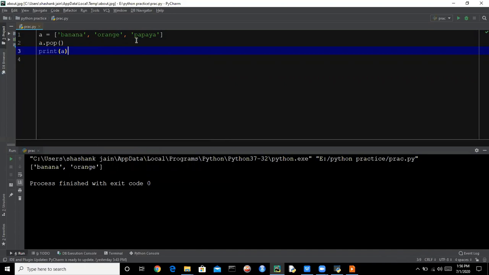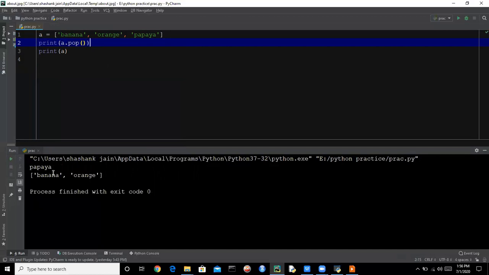So papaya is not in the list now. If you want to print the item that we are removing using pop, you can see that by printing that item. So here we are getting papaya because we are popping out the papaya.